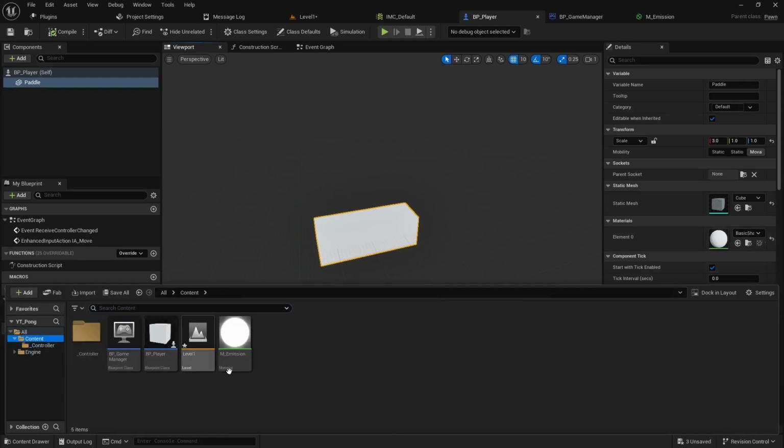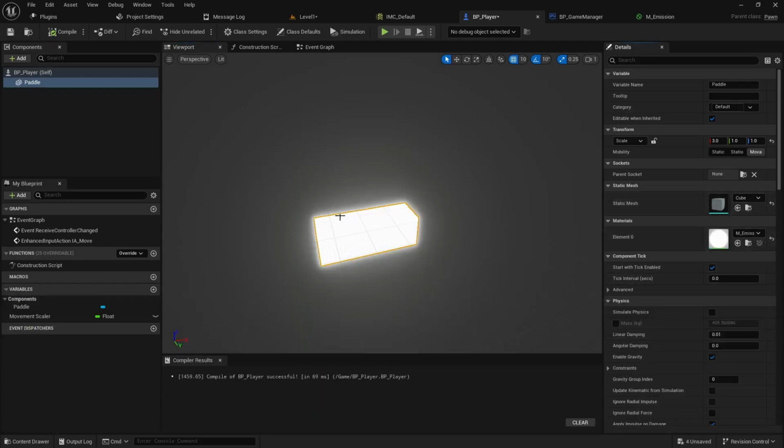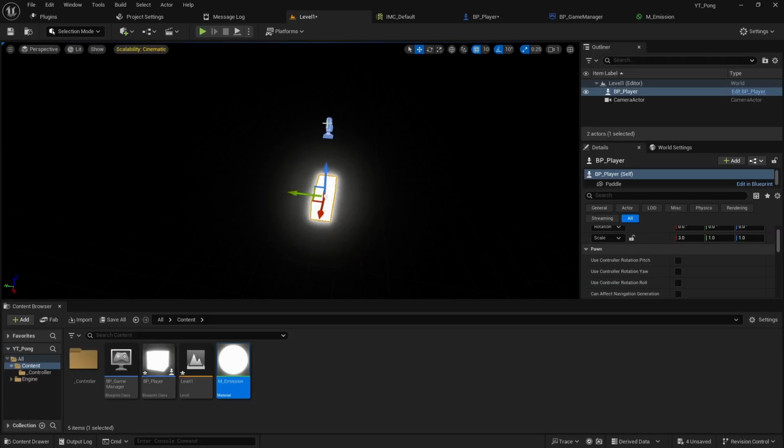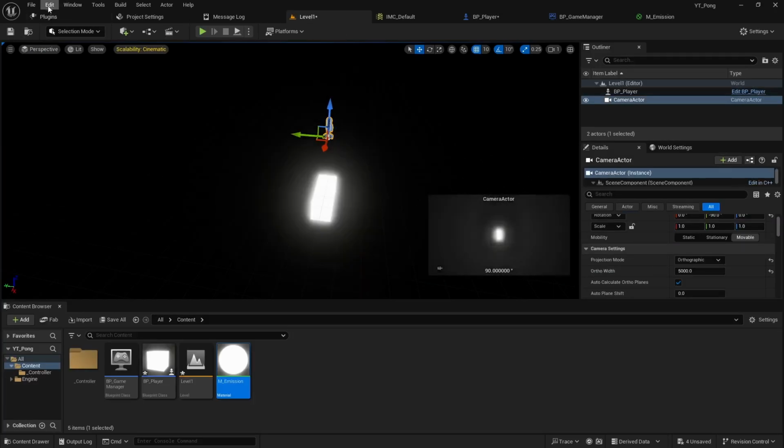And then if I just highlight the emission, I can hit the little arrow to load it in, and now it's super bright. So I can compile, and now suddenly if I click on the camera, you can see that's super bright, and it actually shows up now. So now if I play the scene,